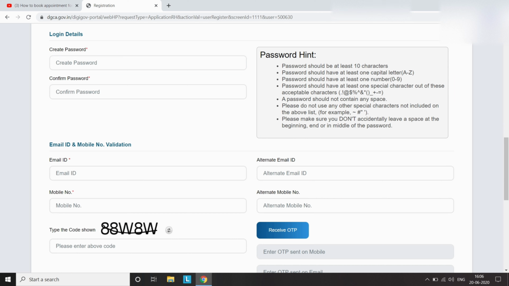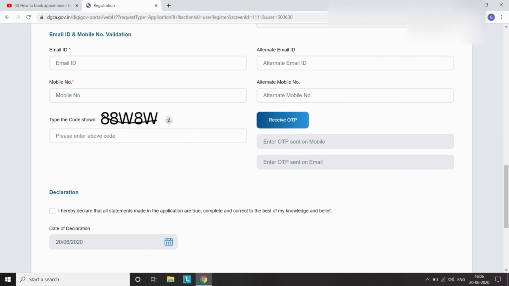Login details. Now you need to create a password, and it should be a complex one. Follow the table at the right to make one. Email ID and mobile number validation. Now you need to fill up your email ID and mobile number. You can also fill up your alternate email ID and alternate mobile number. It's up to you. Now type the code shown, which is